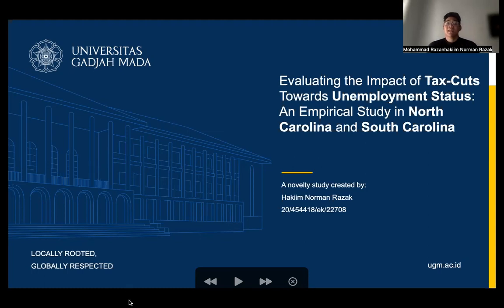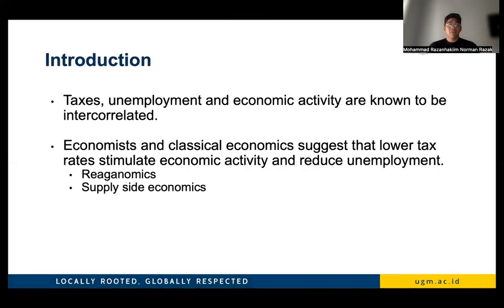Hello everyone, my name is Hakim Norman, and today I will be presenting my study for my Microeconometrics final project, titled Evaluating the Impact of Tax Cuts Towards Unemployment Status: an empirical study in North Carolina and South Carolina. So a little bit of introduction, as we have made known from our